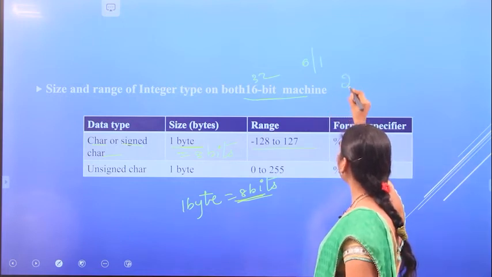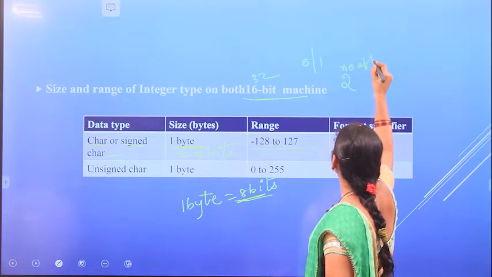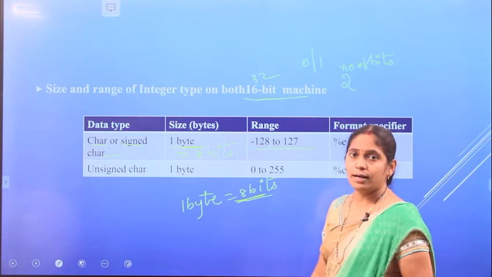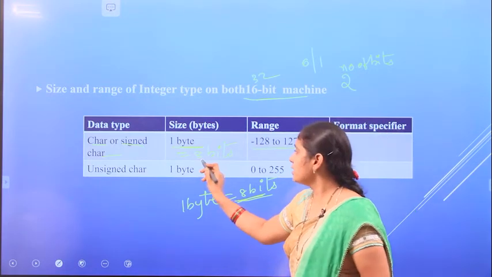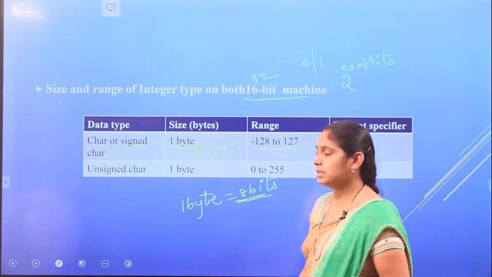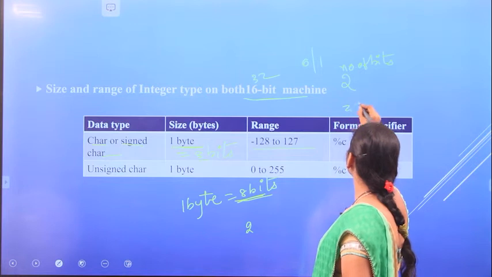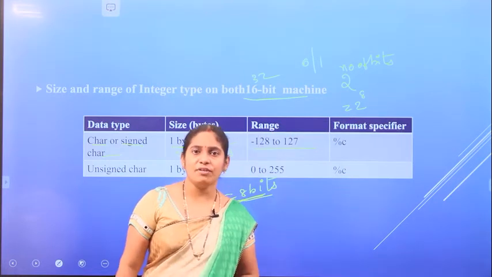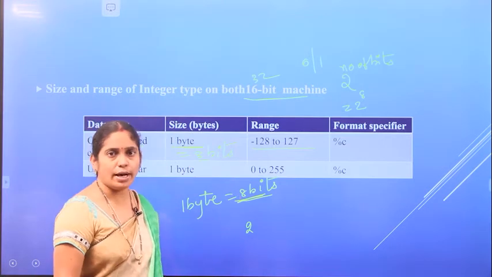So 2 to the power of number of bits. How many bits? Here it is 8 bits. So 2 power 8. While identifying the range of any data type, this is the process to identify.